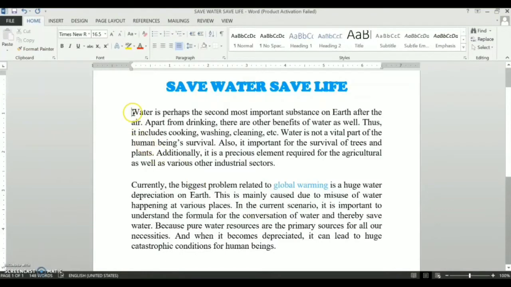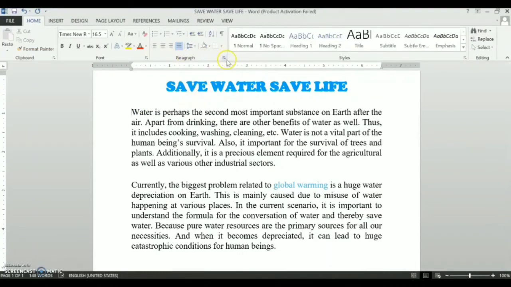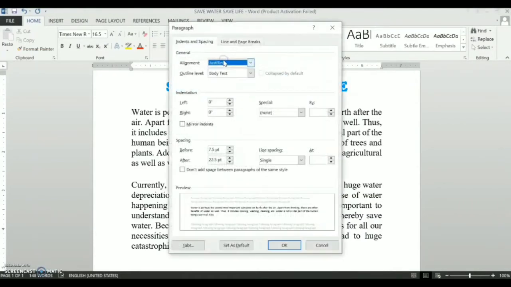See, now if you press the tab key, your cursor will jump to the next position where you have set the tab stops. Here we have selected 1.25. So we will now press the tab key. Now see the changes, where my cursor jumps to 1.25 inches. Previously it jumped to 0.5 inch only because the tab stops are set at every 0.5 inch by default. But now we have changed.